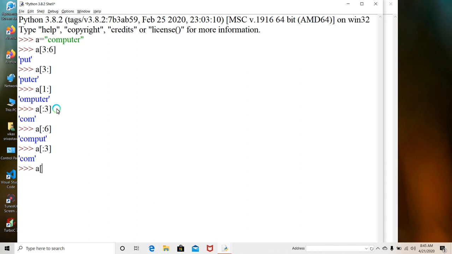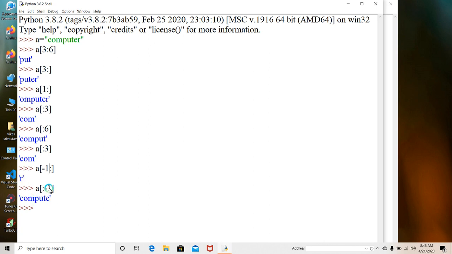For example, a, I want all values from minus 1 onwards. Minus 1 onwards means it returns from minus 1, and the last index becomes minus 2. If we write a minus 1 here, it returns from the reverse. Look how it works. Here this index we have not given, meaning from minus 1 onwards it gives the value. So what is a minus 1 here? It is r, and after that there is no string, that's why it returns r here.